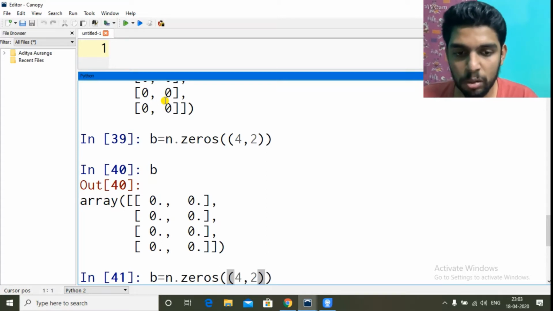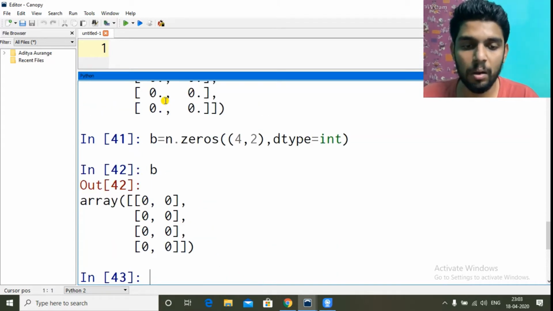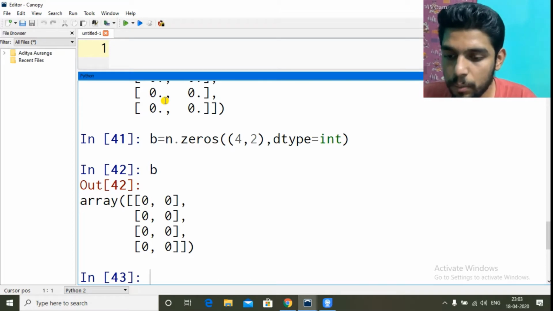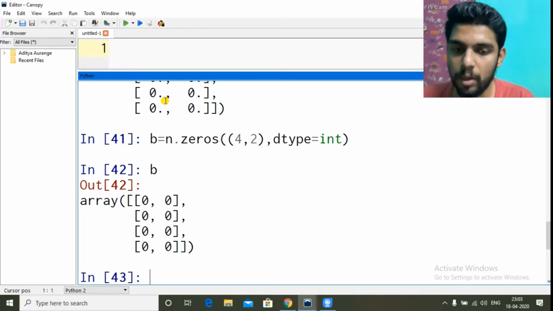So in the zeros function we give dimension or how we want the array, comma, data type, dtype equal to int. Okay, now b is an integer array having all the values as 0. So that's how we create an array of all elements zeros.